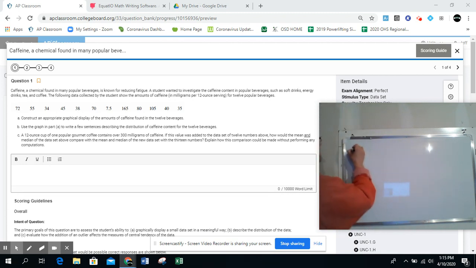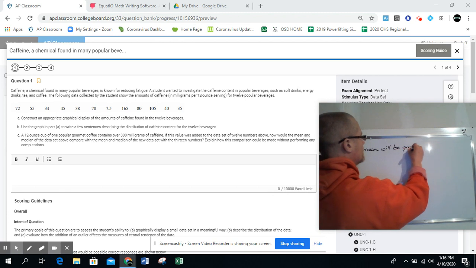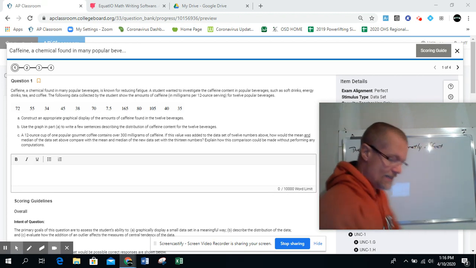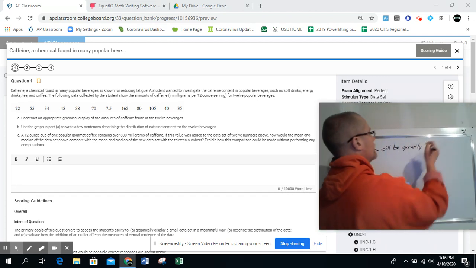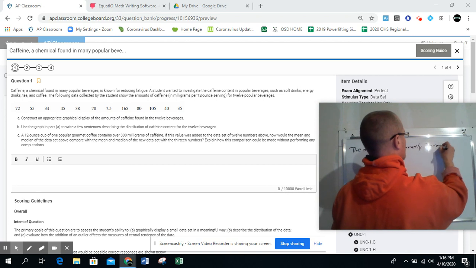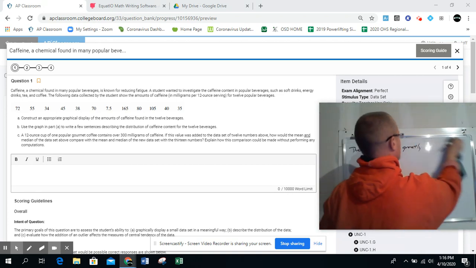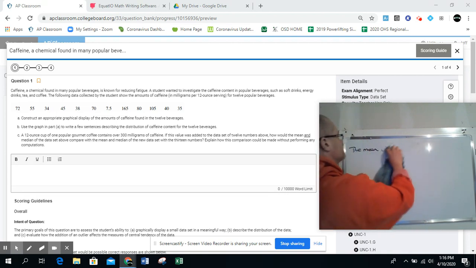So the mean will be greatly affected, increased, because we know the direction. No, it's not increased. It will be the mean of the 13 scores